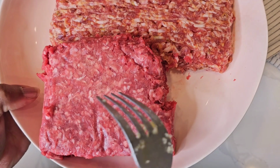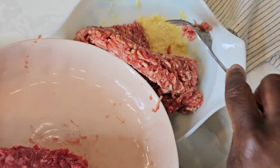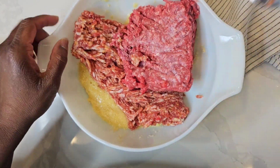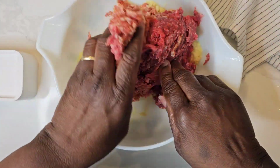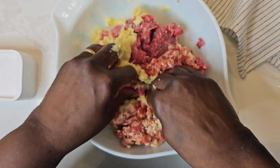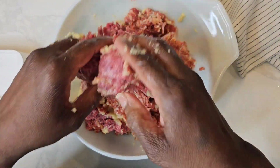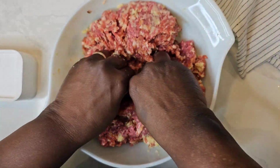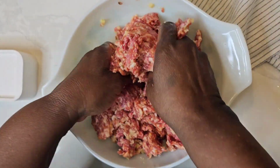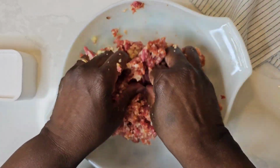Then we've got our ground beef and our Italian sausage. And we'll put those into our bowl. And get to mixing. We want to be pretty gentle, but we want to mix it thoroughly. I'm not adding any additional salt because the Italian sausage I feel has enough salt for me. You can add a bit of salt if you like, but I can already smell the fennel that's in this sausage. And it doesn't take much time